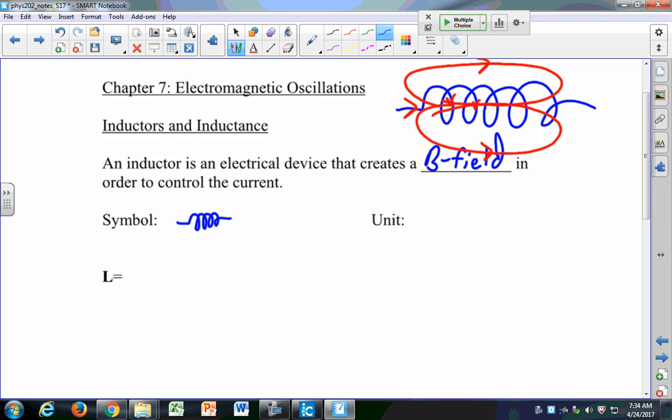The unit for inductance, or the variable rather, is L. We call this L, and the unit is a Henry. I don't know where that comes from, but we abbreviate it as an H, and it has basic SI units of 1 Tesla meter squared over amp. We'll see that because the properties, or the way that we calculate the inductance of a particular inductor, is equal to N, that's the number of turns,